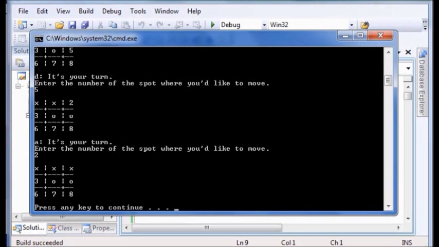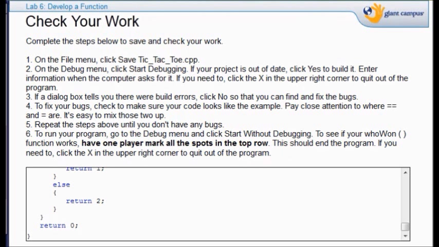But if your code doesn't work, what do you do? Pay close attention to your double equals and your single equals. Make sure that your whoWon function works. Make sure that you have put the closing bracket where it belongs. Double check that against this code right in here, okay? This is